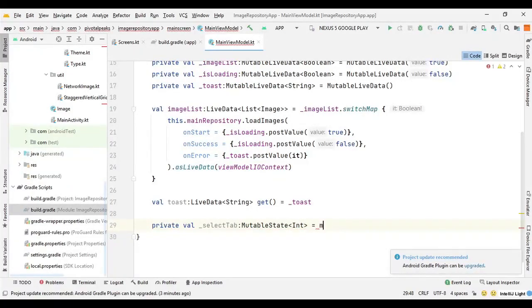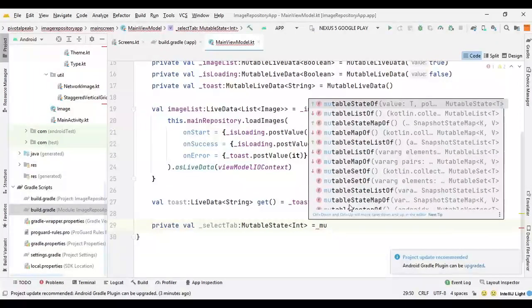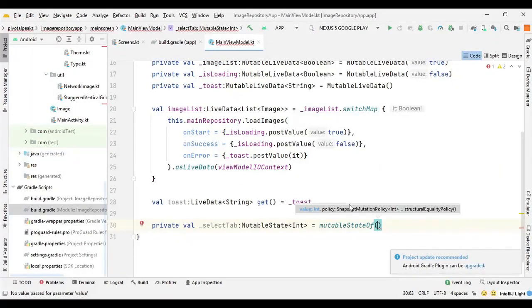So we can say mutableStateOf, and we can initialize it with 0. It returns a new mutable initialized value with the new passed in value that we provide when we switch the tab, and it's a single value holder class, which means it can only have one value at any given time, which is what we want to achieve here.